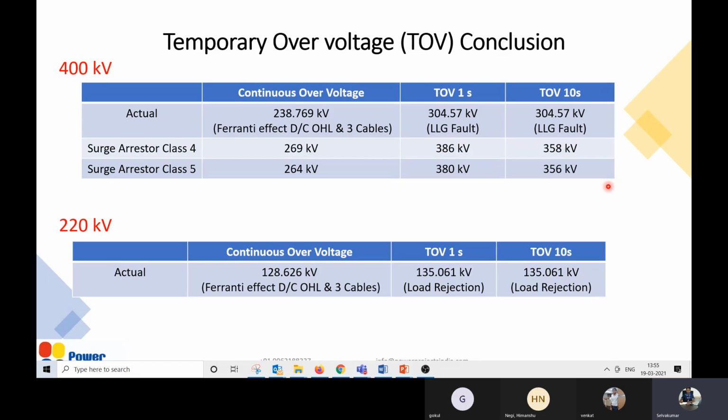So the surge arrestor should act as a low impedance path only for a lightning overvoltage or a switching overvoltage or something like that, right? For normal events like continuous overvoltage, it should not allow any current. It has to act as a high resistive element. And even when there is a single line to ground fault, where there is a rise in voltage, the surge arrestor should not allow the current. That means it has to behave with infinite impedance, or theoretically the maximum possible impedance. The same study has been repeated for 400 kV and 220 kV, and the results are presented.